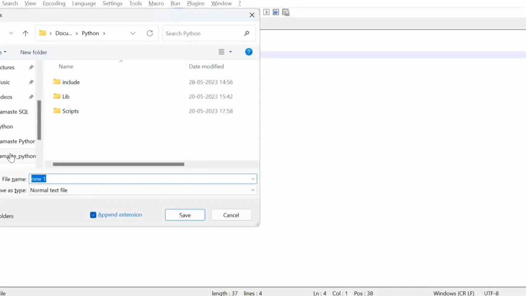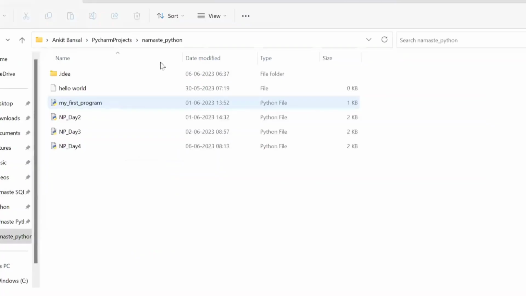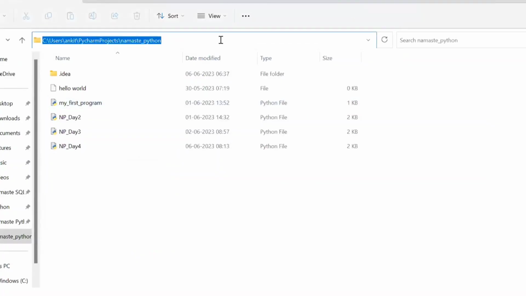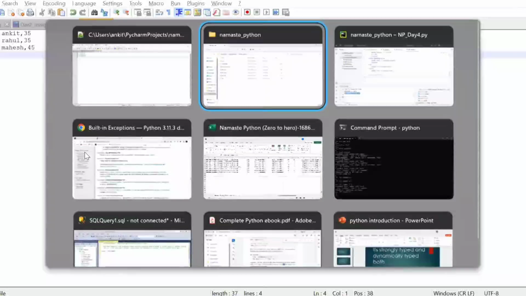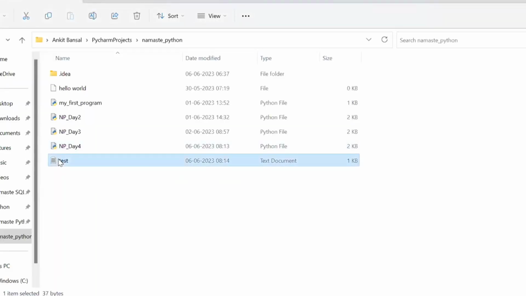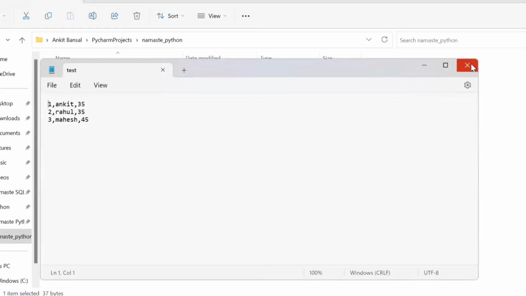You can put it anywhere actually, so I'm just putting it here. And I will name it test.txt. Okay, so this is my file now. If I go here, we have a test.txt, right? So this is the file content.